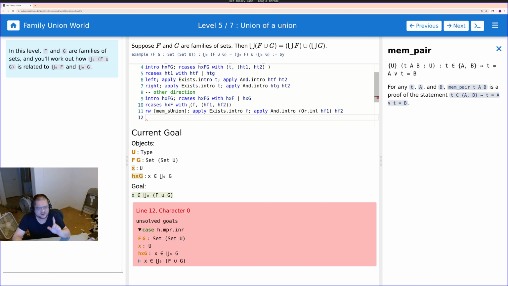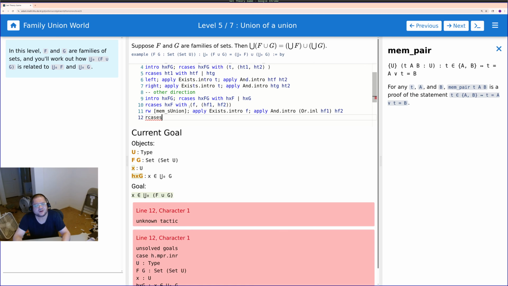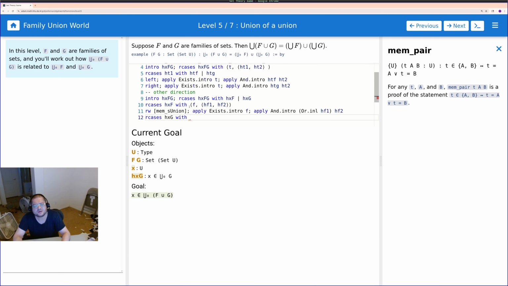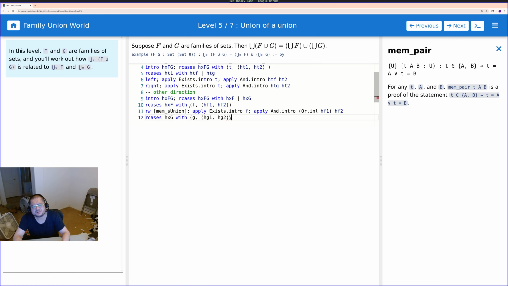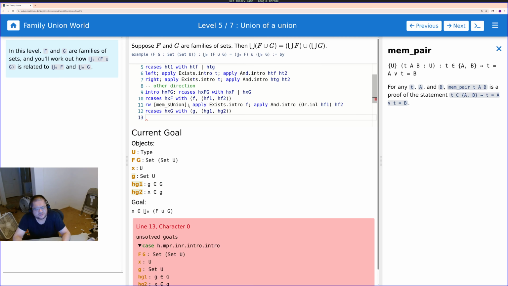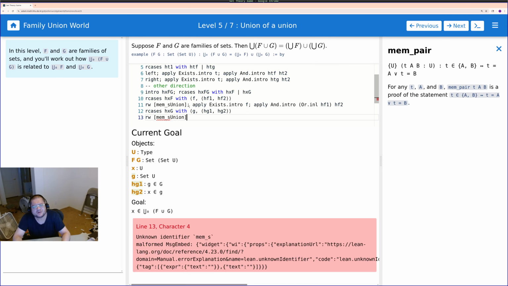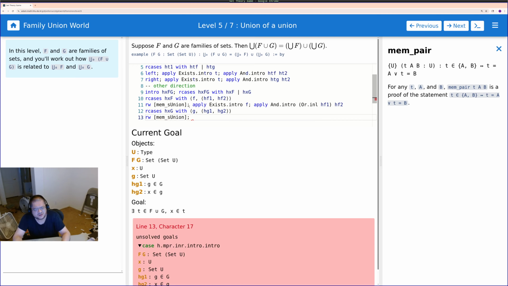Wait, this is the other direction. So it's f, this is going to be g now. So we just copy this. Our case is hxg with g, hg1, hg2. Now start syncing. No, we don't. We can copy this again. This time we're going to do the this.intro below g